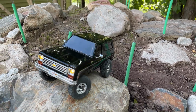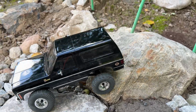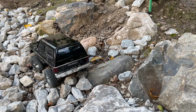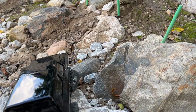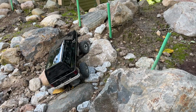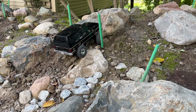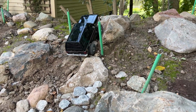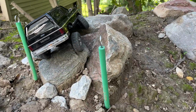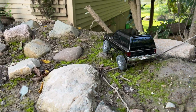This one I thought might be a problem, but it actually turned out okay. Hold on to that edge. All right, so we're not really gauging reverses. We're really more going for the obstacles themselves. I'm not counting if I hit gates. These are just set up to kind of push lines that I want to be able to try and make, because I'm going to be doing this with several different vehicles to kind of see how they all handle. Oh, I like that line a lot. So yeah, like that gate hit, I'm not worried about. It was able to do the obstacle,